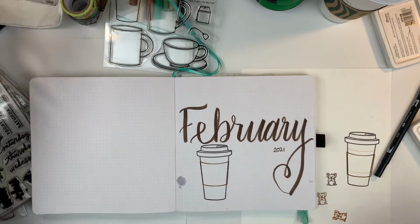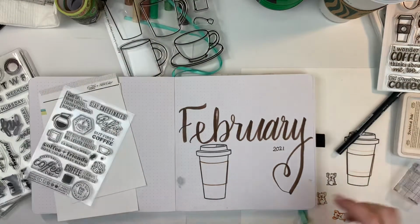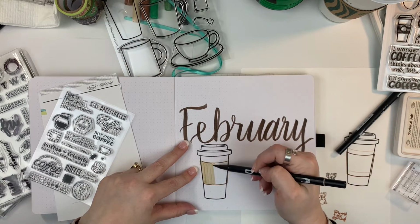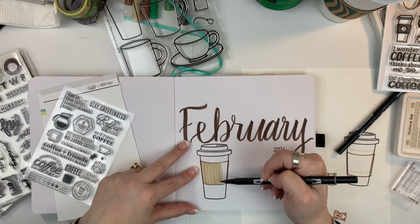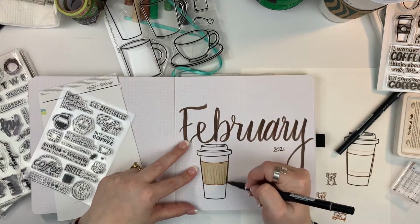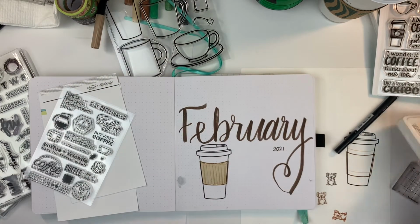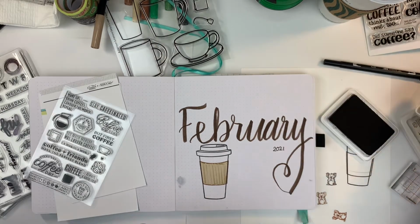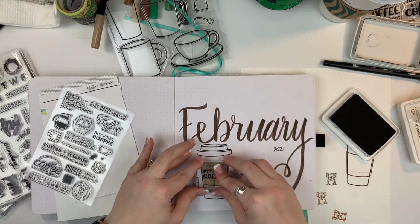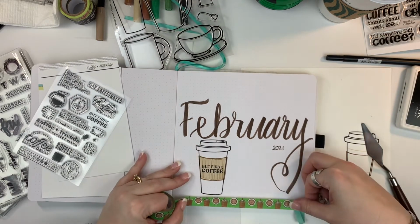Somehow when I was cleaning my stamp, I got this little drip of something onto my page here, so I'm going to have to figure out a way to cover that up. But for now, I'm going to use this other Tombow marker and color in what would be the sleeve of this coffee cup. And I'm going to figure out a way to cover up that ink. And I'm using a quote here that says, "But first coffee," on the little sleeve,